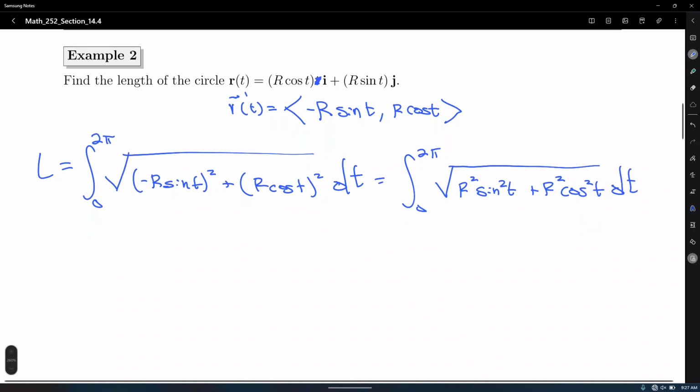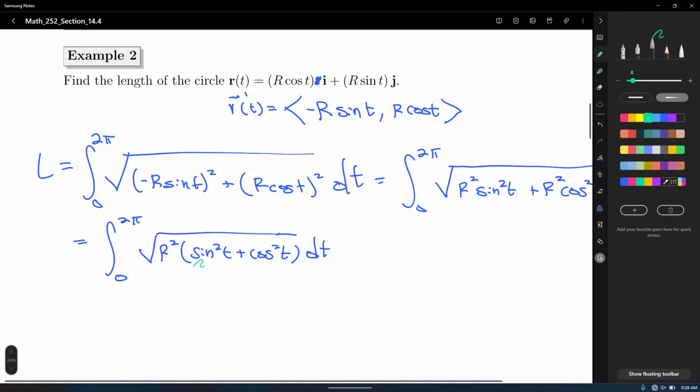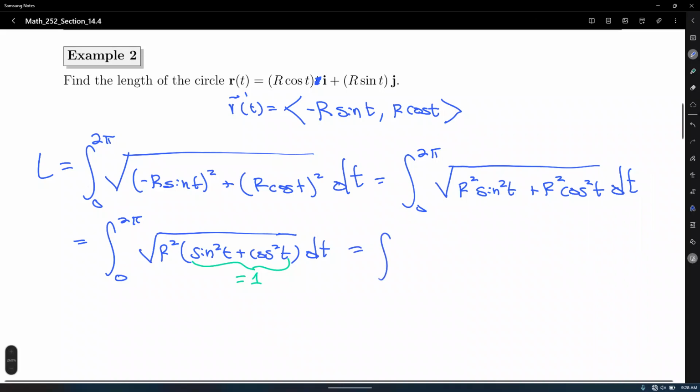Alright, so actually we can factor out an r squared, that is r squared times sine squared t plus cosine squared t dt. And again, this identity, the Pythagorean identity, equals 1 times r squared,